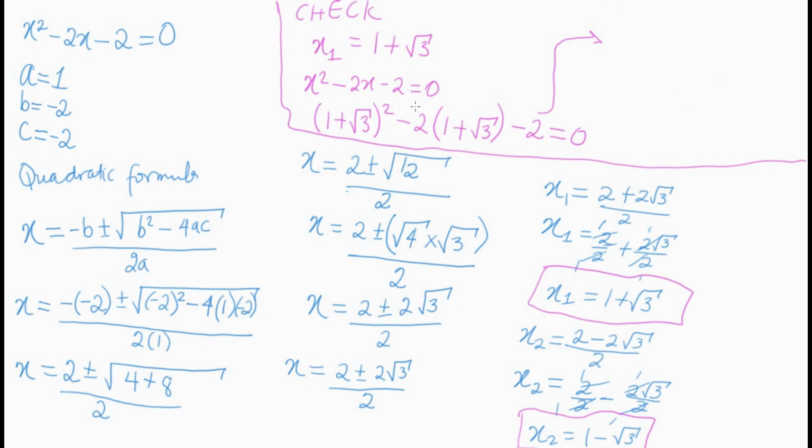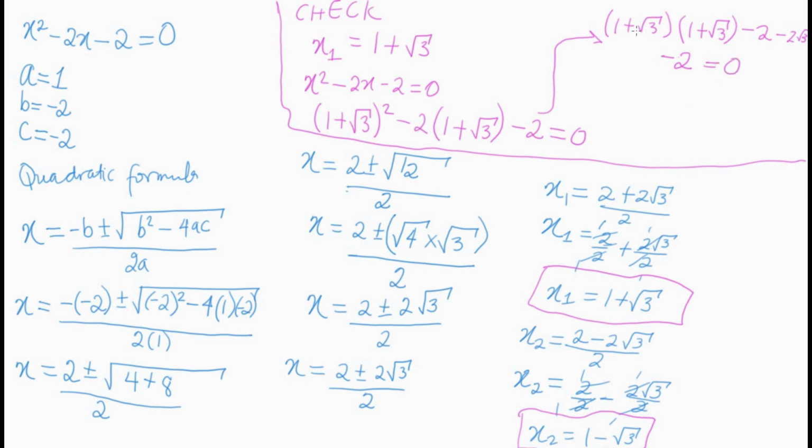So 1 plus root 3 all in brackets squared, we just expand: 1 plus root 3 times 1 plus root 3, minus, now we're going to open the bracket here, minus 2. So negative 2 times 1 is negative 2. Negative 2 times root 3 will be negative 2 root 3, minus 2